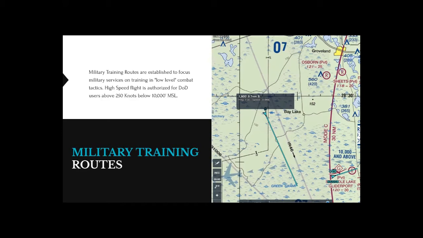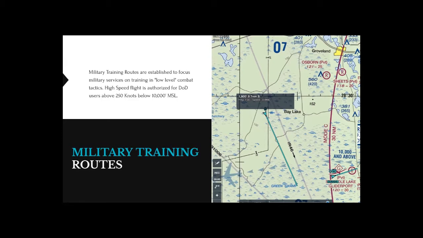So what's going on exactly? Why do we expect these to be utilized? Well, of course, if you think about it, military training routes are established so that military users can practice just that, high-speed, low-altitude flight, largely to avoid radar in combat areas. That's the key takeaway with this: be aware that if they're going to be flying low enough to avoid